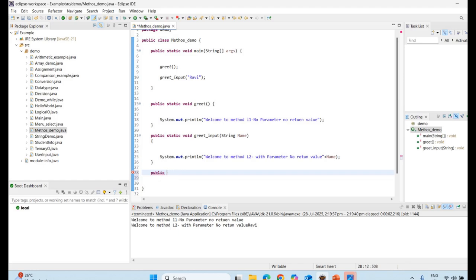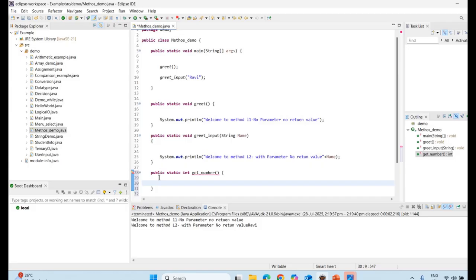So say I want to return int type. So I say int, the type of the method, and I say getNumber. The name of the method is getNumber, and as it is a method, it has an opening and closing bracket, and it will return